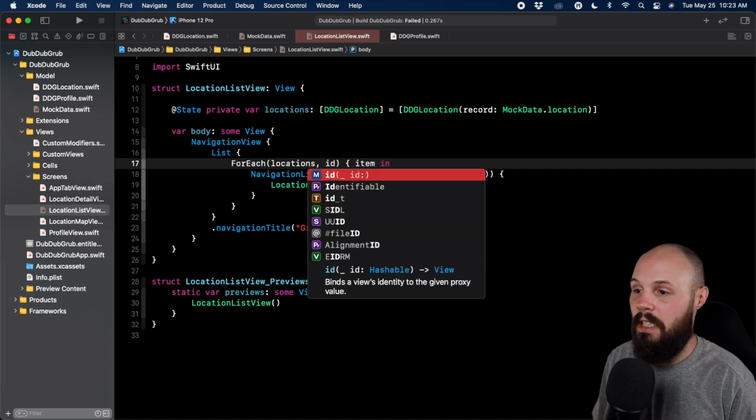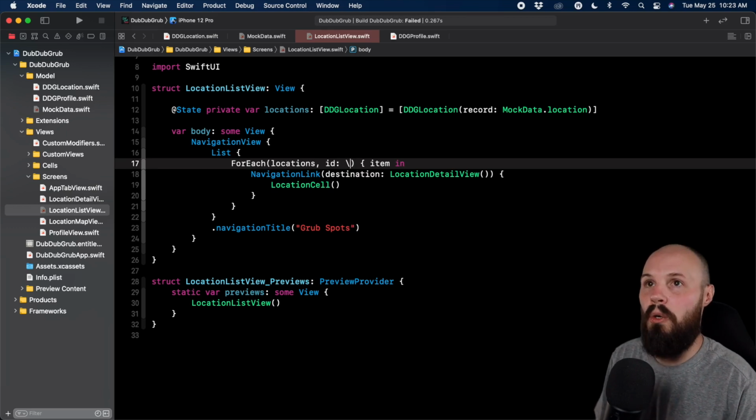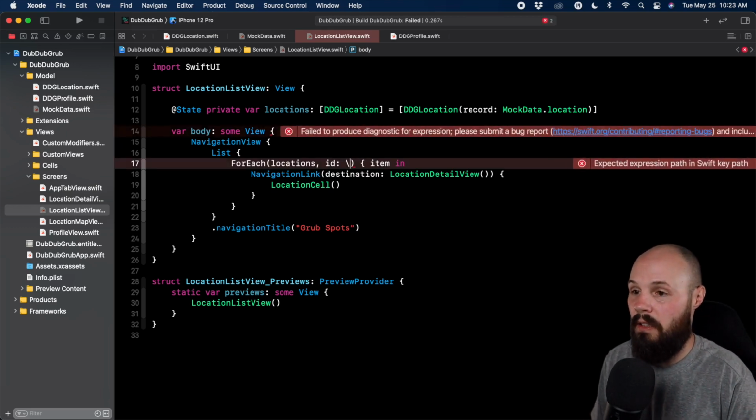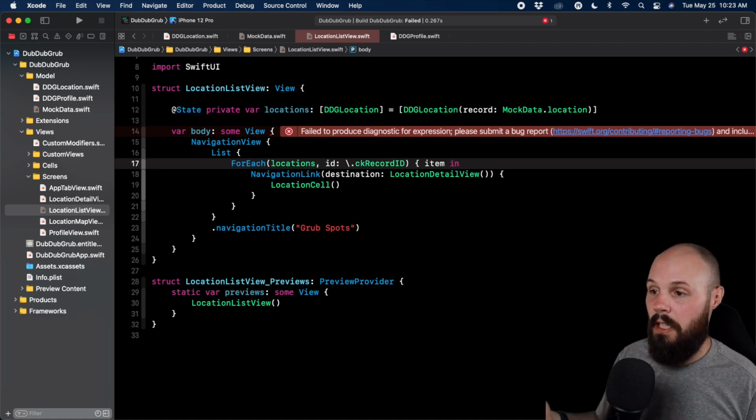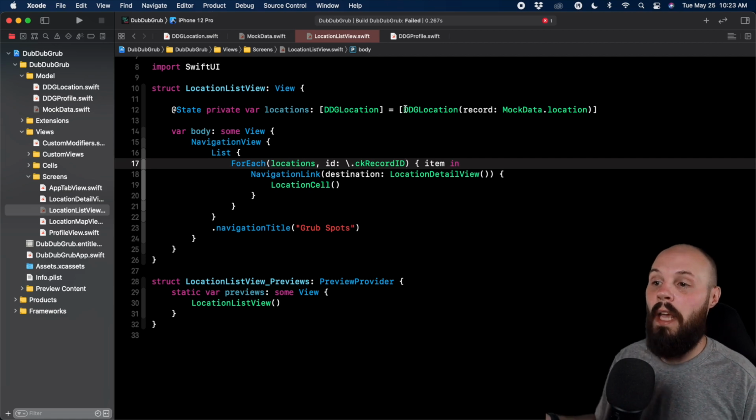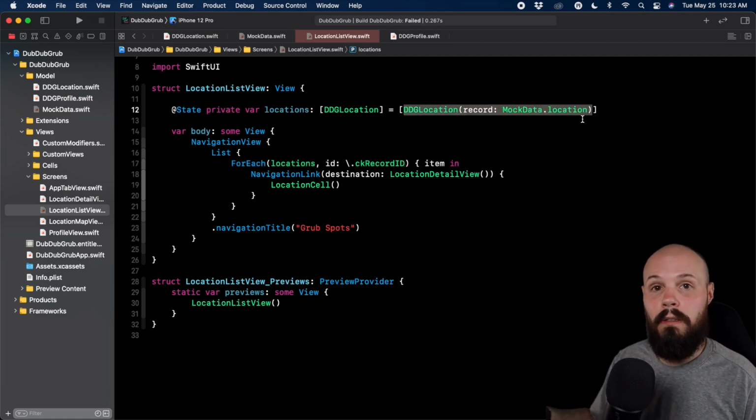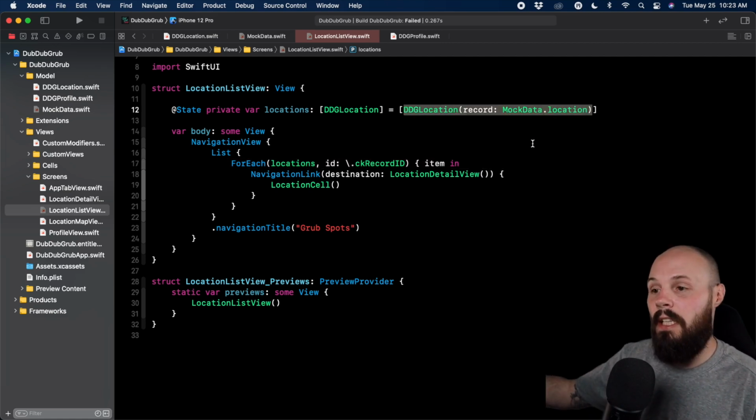And then I do need an ID in SwiftUI, so SwiftUI knows how to differentiate the objects in the list. So we'll do CK record ID, which is in fact a UUID. So this is: take every location in this array, take their CK record ID, which is again a UUID, and that's